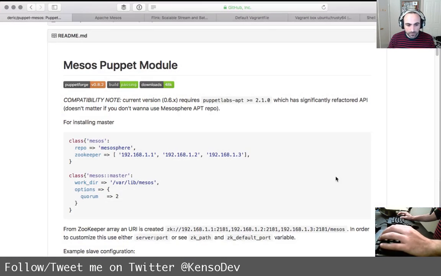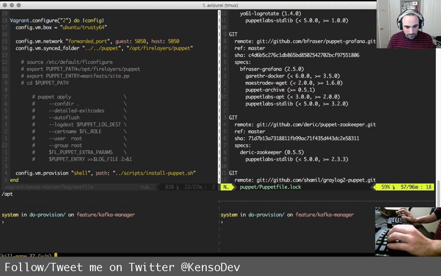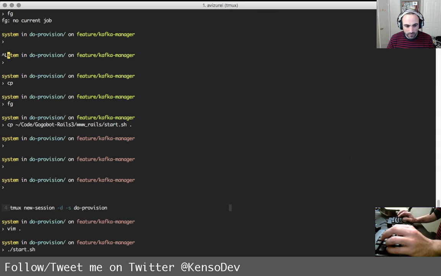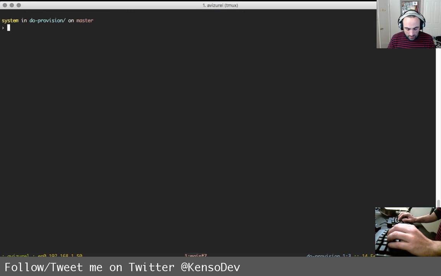Okay, so let's see what we have in terms of our dev cluster. All right, so EC2 and profile is, I think I called it PR dev, I want to say.